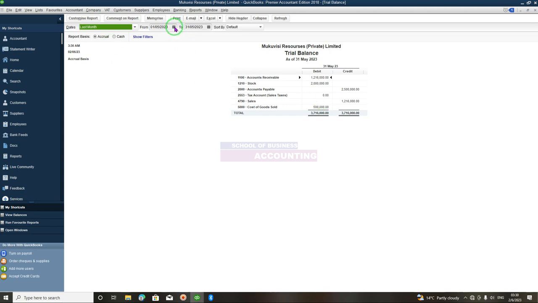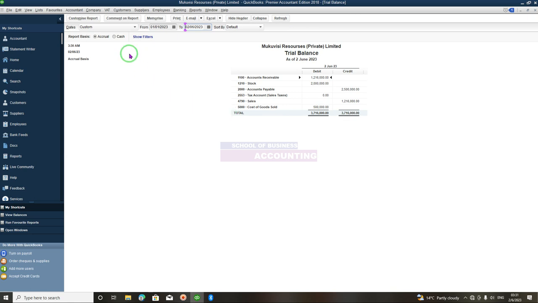Again, you have to come here and select the period that you want to cover. So you have got a from date that you have to select. Let's say probably I want to see my trial balance from 1 January. So I click there. Then probably I want to see it up to as of today. Then I click on this date. Then I refresh. When I do that, you'd find this is my trial balance now. It will show the debits which are on my accounts, and it also shows the credits and the balance it